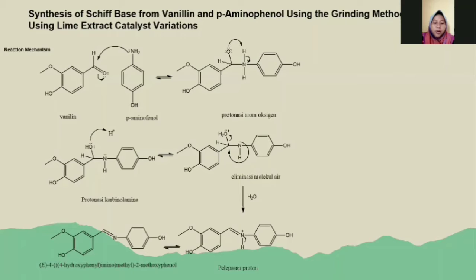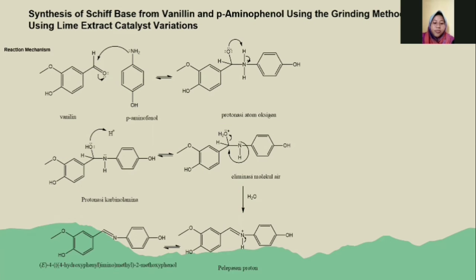The mechanism for the formation of Schiff base compounds occurs in two stages, according to Fessenden and Fessenden theory. The first stage begins with the addition of a primary amine to carbon in the carbonyl group. Carbon which has a positive partial charge will be attacked by primary amines which act as a nucleophile. This will result in the release of protons from nitrogen and the gain of protons by oxygen. The second stage is the protonation of the hydroxyl group, which will make the group into water. Furthermore, the water will be released in the elimination reaction. Since protonation occurs in this process, the rate of the second stage will increase with increasing acid concentration.